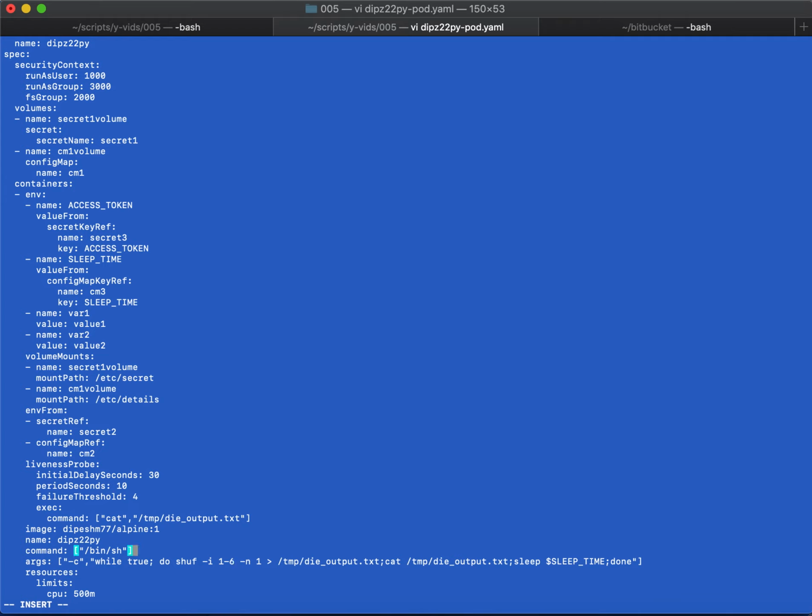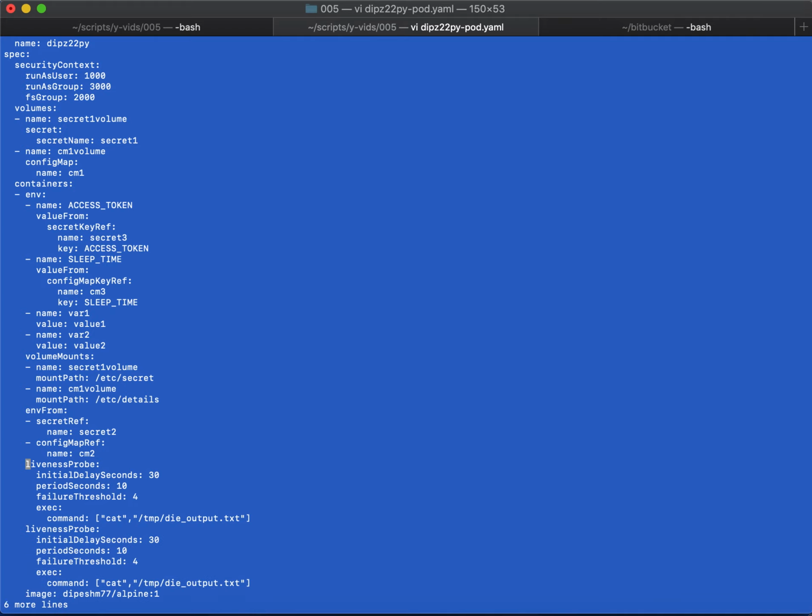Now I have provided the liveness probe. I also need to provide a readiness probe, and the readiness probe is exactly the same as the liveness probe. So we are just going to copy 1 2 3 4 5 6 lines. So 6, sorry, escape, 6yy capital P, and here I am just going to change the name and write